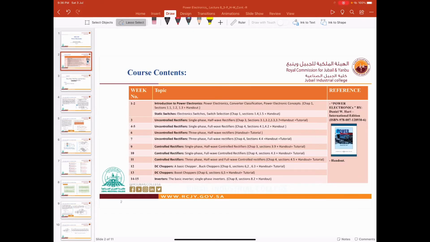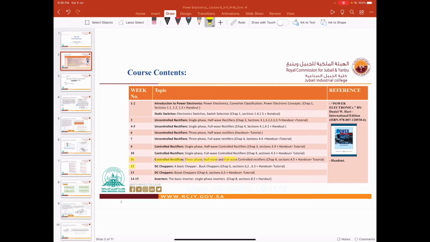Today, inshallah, we will address an important topic regarding controlled rectifiers. Again, this is a controlled rectifier, right? Here: controlled rectifier, three-phase, half-wave and full-wave controlled rectifier. This is the last